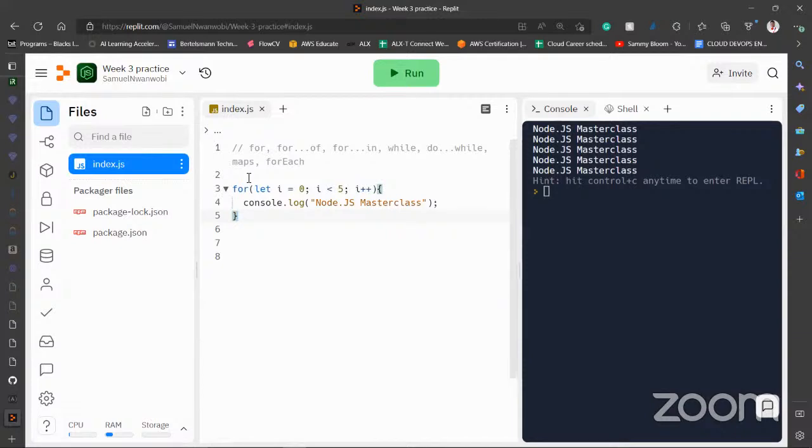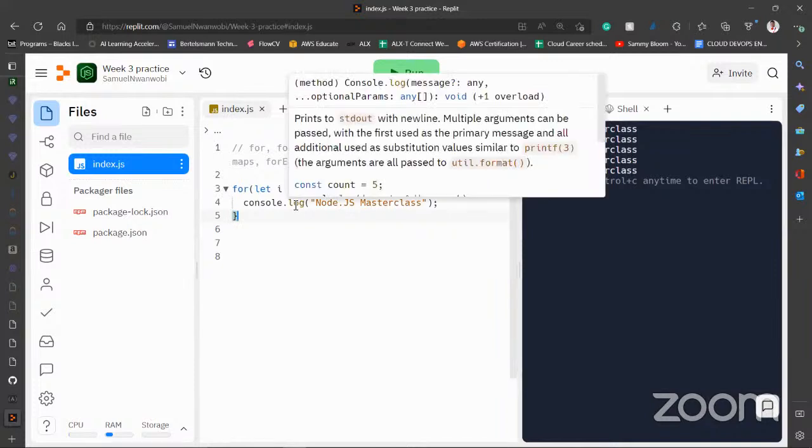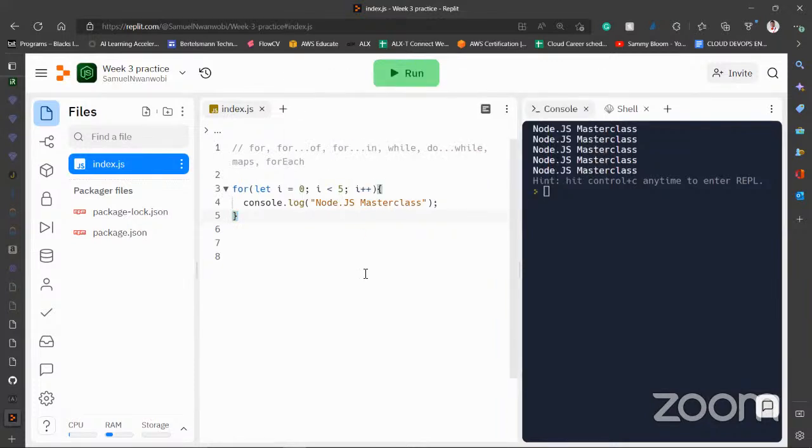But they depend on each other, that's the relationship. So this tells us the starting point. This other one, that is i less than 5, tells us the condition. So I want to start at i equals 0. Do this if i